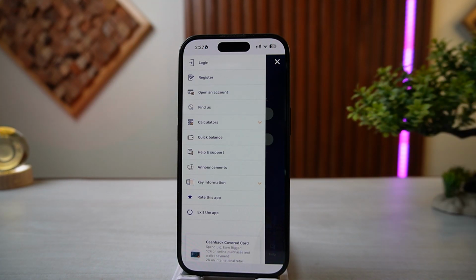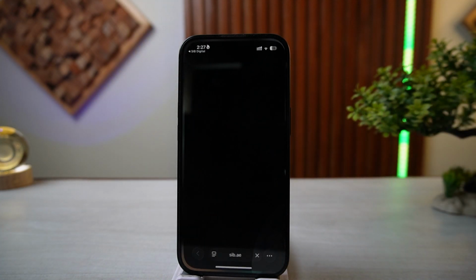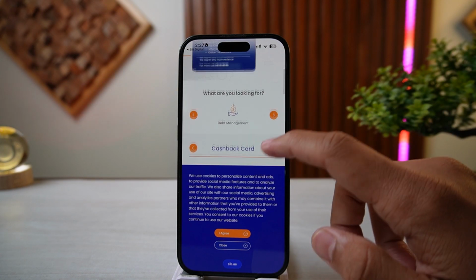After that, you want to make sure that you're logged in to your account, and tap on help and support over here, and you can tap on this website option over here. By doing so, you'll be redirected to the official website, and here you want to scroll down, tap on I